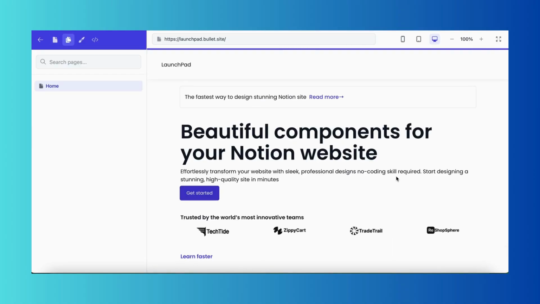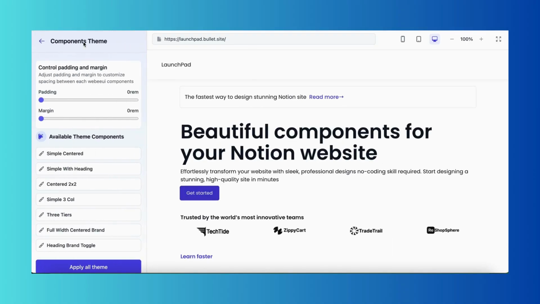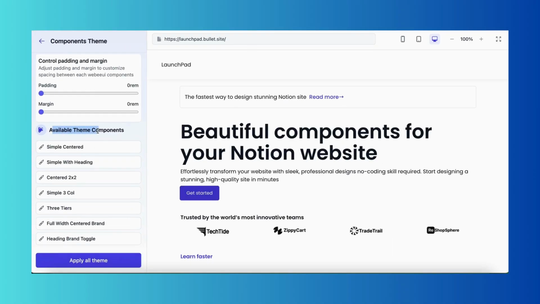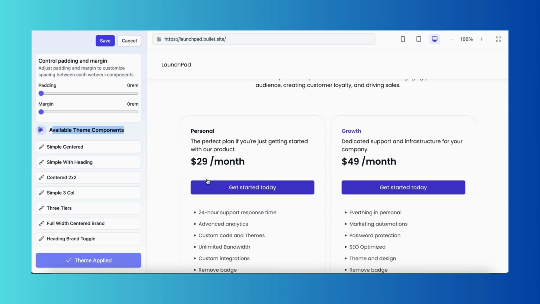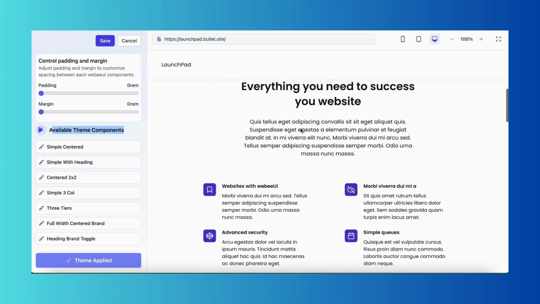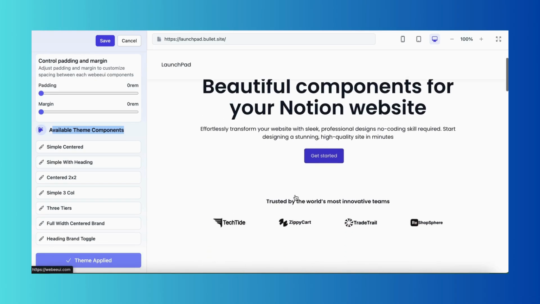Next, click the Theme section. This will display all the Weeby UI components present on your page. The list will reflect the exact number of components you have included. Click Apply All Theme. Now you'll see all Weeby UI components applied to your site, with the full styling in